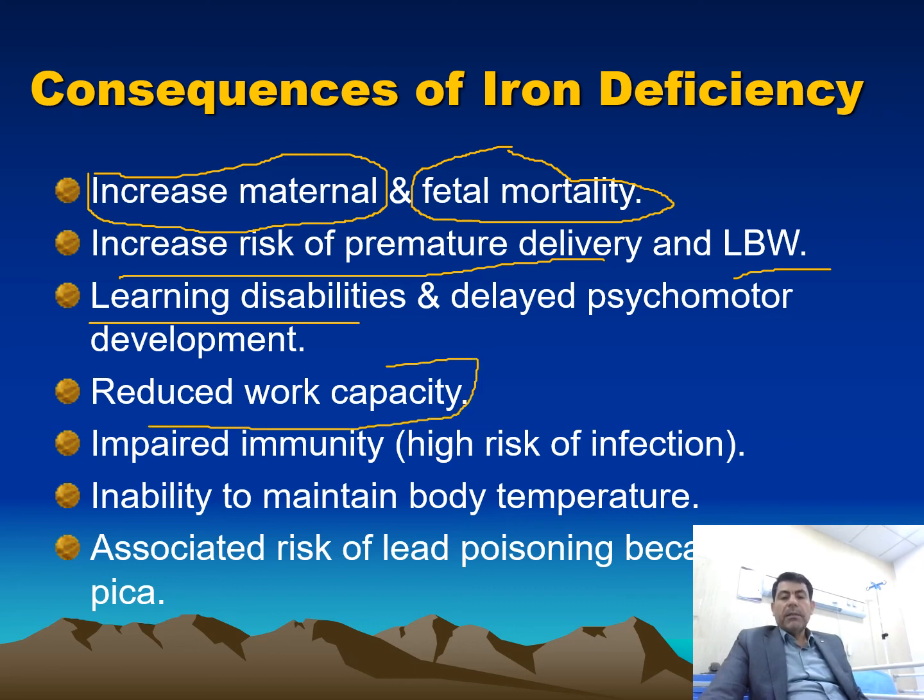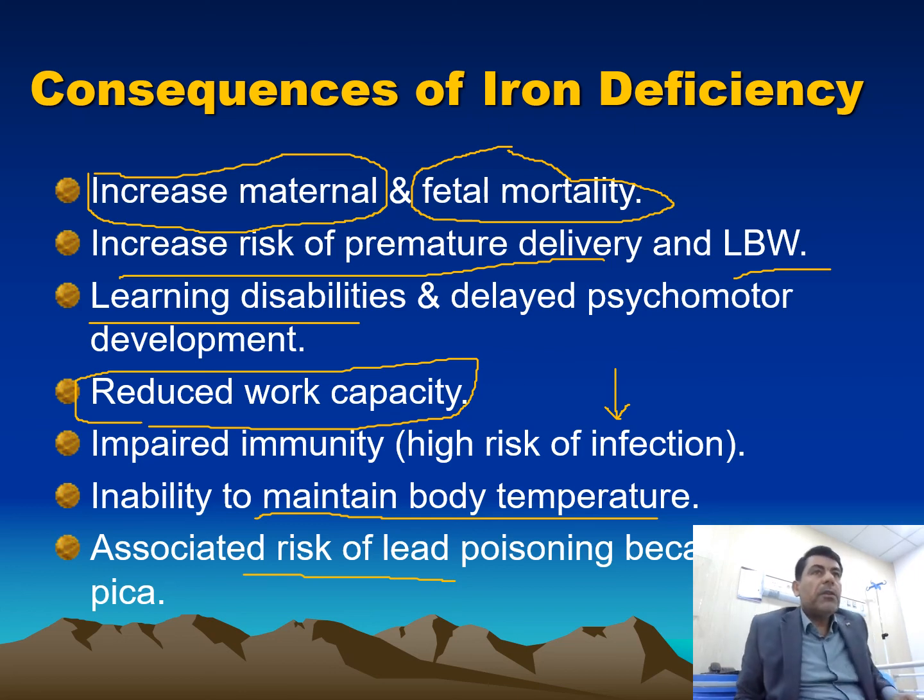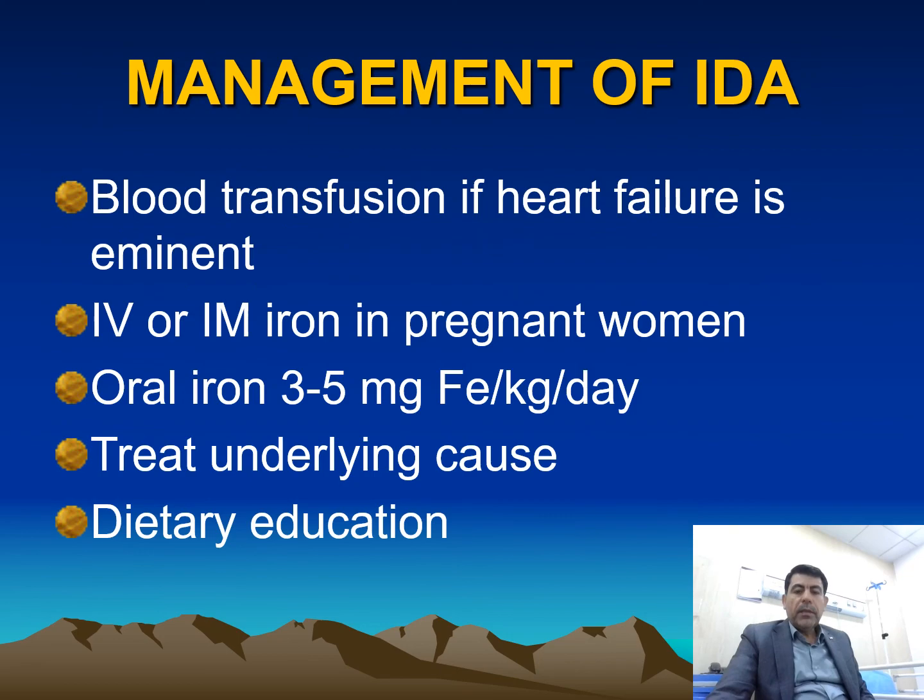Reduced work capacity: if the patient is tired, they can't do good work. Impaired immunity, because a patient with low immunity is predisposed to a high level of infection. Inability to maintain body temperature. Associated risk of lead poisoning because of pica. You know, a patient with iron deficiency anemia is more likely to eat salt from the wall or from the soil, so this is a risk for lead poisoning. Now, how can we manage